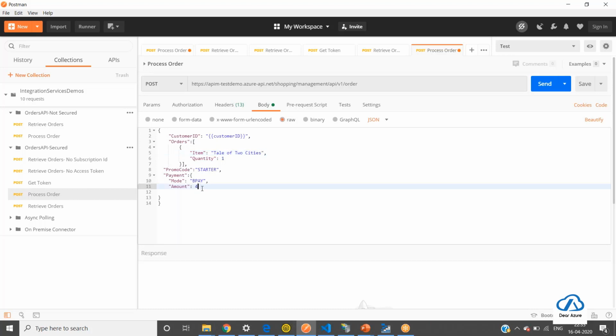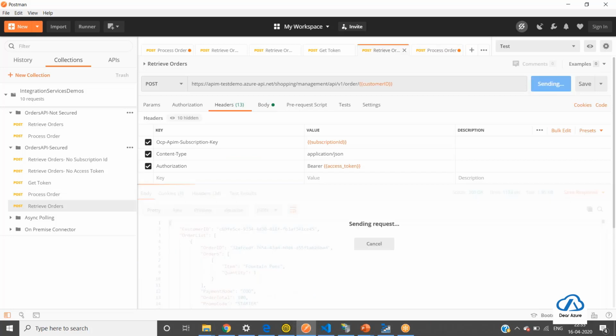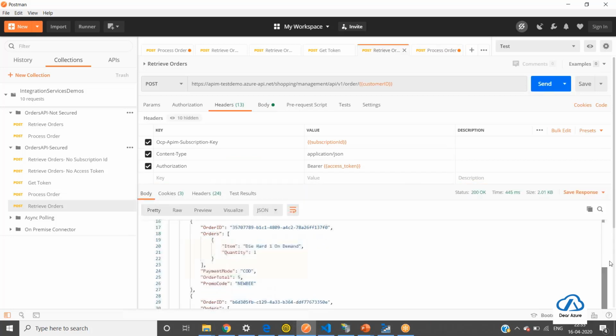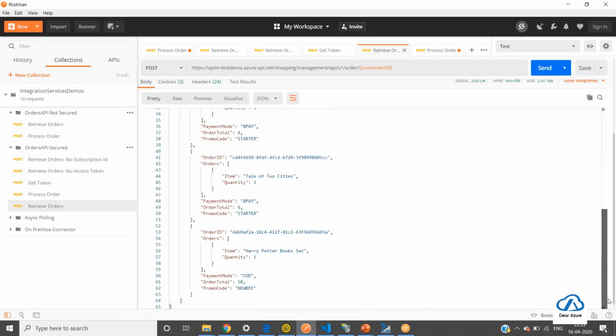Quantity 1, BPay, let's say, say it's $6. And we just send it. And it again gave us the order ID. And if I do a retrieve orders, it should pop up here. So yeah, hold on, Tale of Two Cities and quantity 1. So this way we have beautified our